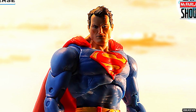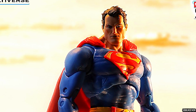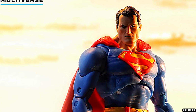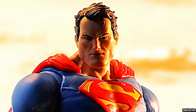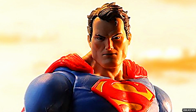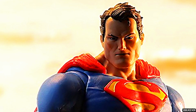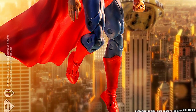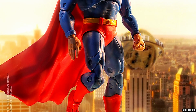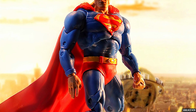Now, I can't speak to the quality of the Infected Superman body quite yet because I haven't had a chance to review him, even though I own the action figure, but I just don't really feel strongly about the look of him, and I'm not sure this is really a good basis for a strong Superman action figure. I kinda wish they would just come up with an entirely new body for Superman, because it doesn't really feel to me like any of the Supermans we've gotten so far really fit the bill for Superman. And the majority of Superman action figures that we've gotten from DC Multiverse rely quite strongly on this Infected Superman body. So I really fear that this is going to wind up being another ho-hum Superman action figure for me,